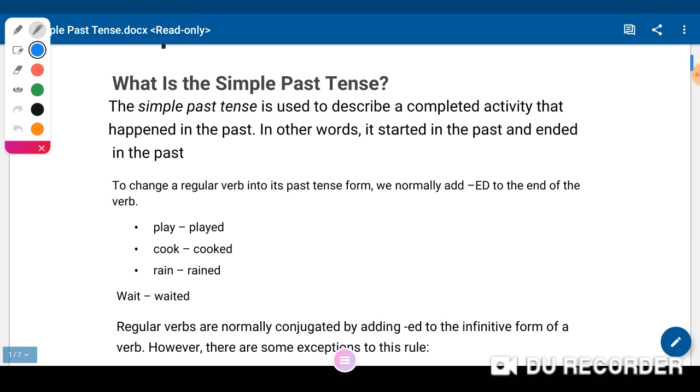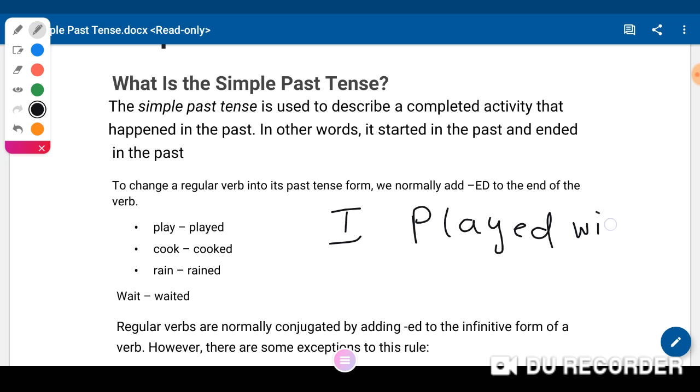Okay. This is the ordinary form, the regular form. There is another form, but I'm not going to talk about it now. I'm going to talk about it later. So let's focus here. I'll give you an example, like I played